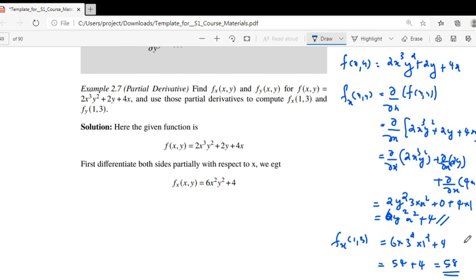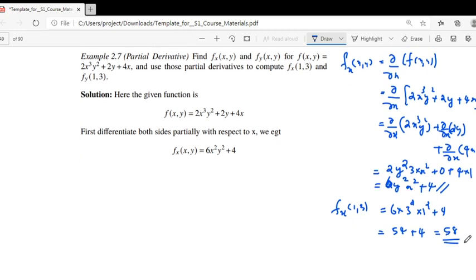These are the key steps in finding a partial derivative. Okay, the same way we can find the partial derivative with respect to y. Now look here, the partial derivative with respect to y is denoted by dou f by dou y, that is equal to dou by dou y of, here our f is 2x cube y square plus 2y plus 4x. Remember, here we are taking the derivative with respect to y, so we keep x as a constant. So dou by dou y of